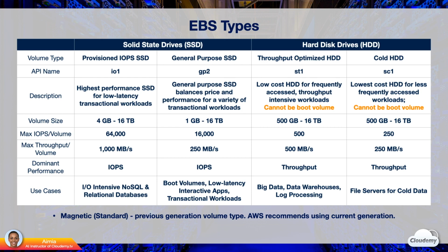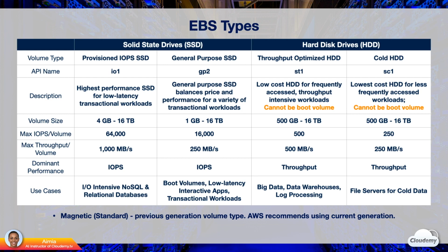General-purpose SSD, or GP2, volume is the solid-state disk storage which balances price and performance. Each general-purpose SSD volume can provide 16,000 maximum IOPS and 250 megabytes per second maximum throughput. It's ideal for a wide range of low-latency transactional workloads, such as boot volume, small and medium databases, development, and